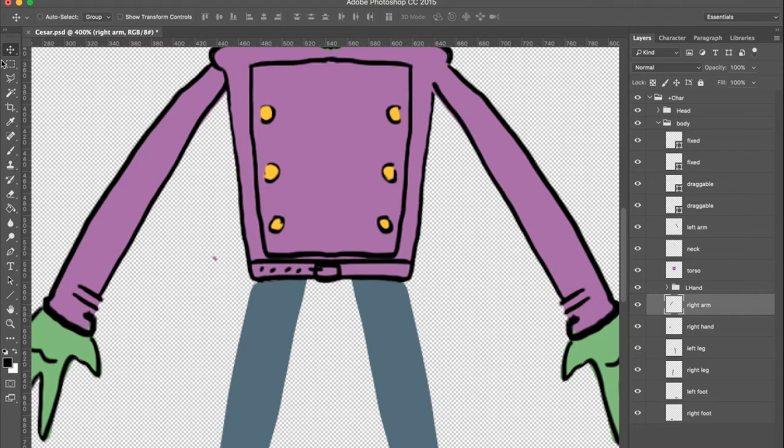Now I noticed there was a question in the chat. What's the best step to add the point, on the artwork or in Character Animator? So specifically, we just showed how to do the fixed layer. We are starting to recommend people do it inside Character Animator. And the reason for that is Photoshop has kind of become a lot of tools for a lot of people,